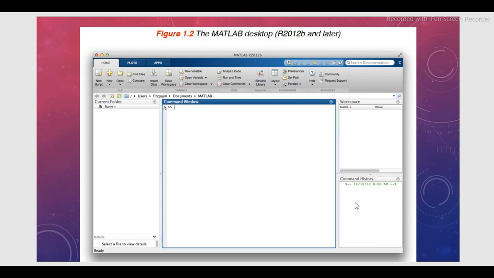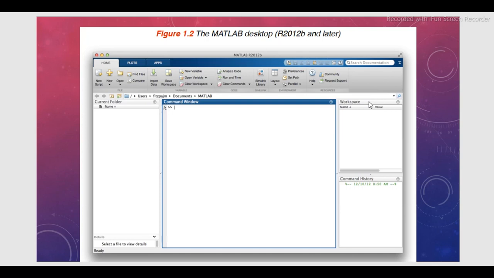This is the command history. Displays a list of previously typed commands. The command history proceeds across multiple sessions, and commands can be dragged into the command window and edited or double clicked to run them again. And here is the workspace. List all the variables you have generated in the current session. It shows the type and size of variables and can be used to quickly plot or inspect the values of variables.